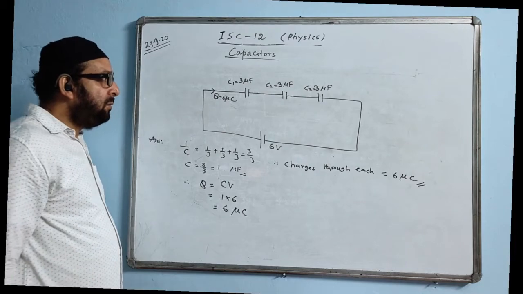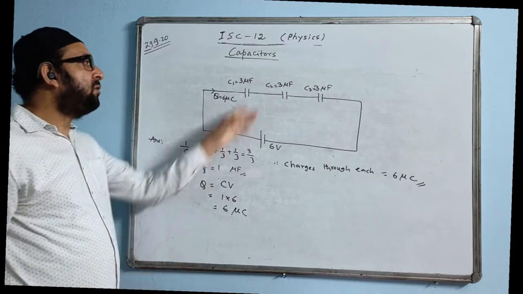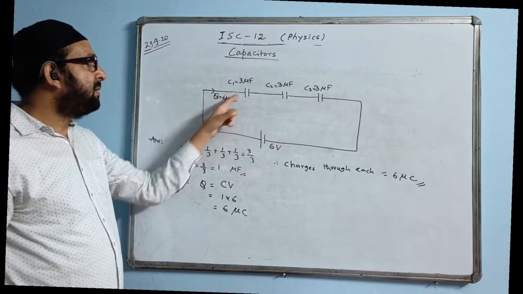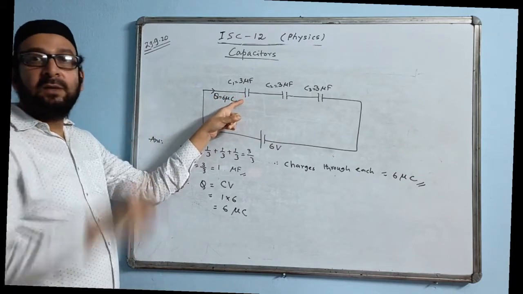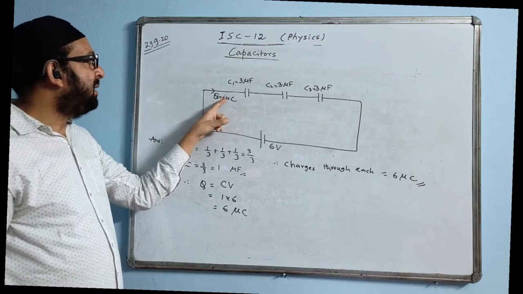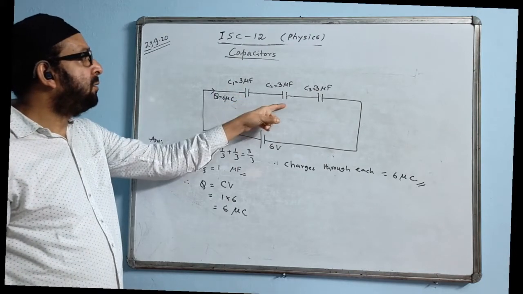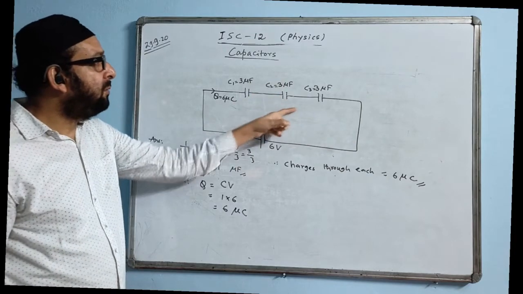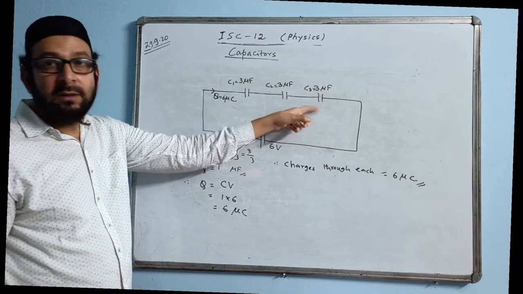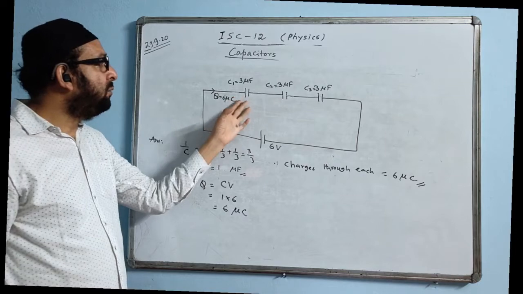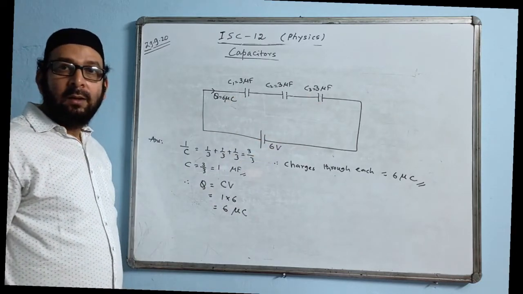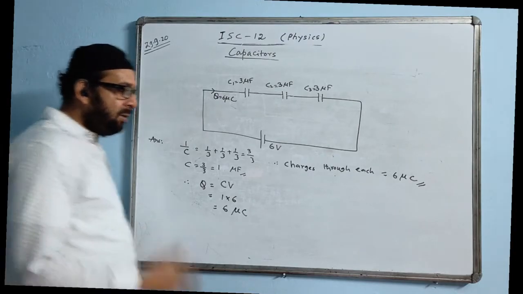Okay, now if they ask to find the voltage across each one, find the PD across each capacitor, we know the value of Q is coming 6. The voltage formula is V is equal to Q by C. 6 by 3 will come 2 volt here. Here also the same answer, 6 by 3, 2. Here also 6 by 3 is again 2. When you add all these, 2 volt, 2 volt, 2 volt, that will come 6 volt. If by chance the question asks, then only we will do this.